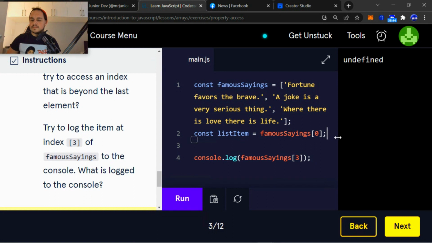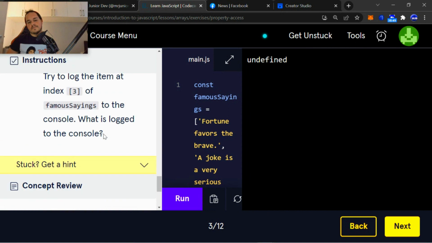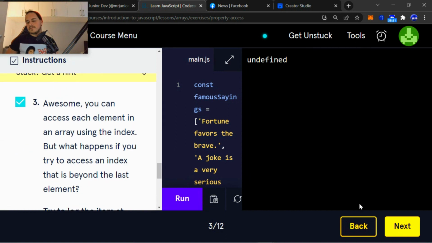Undefined. So it actually outputs undefined. Okay, so